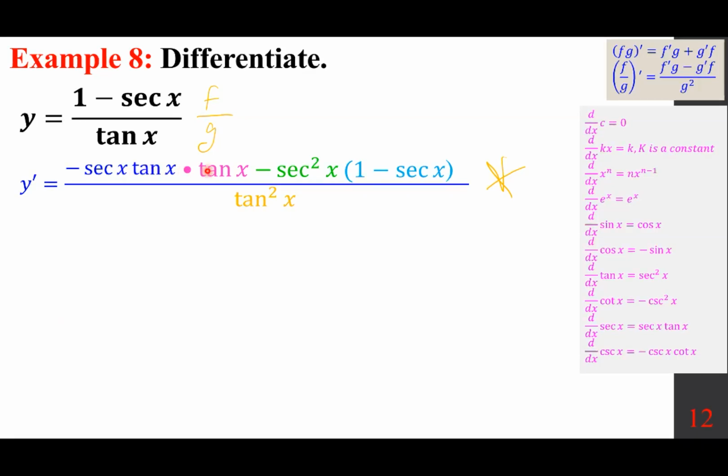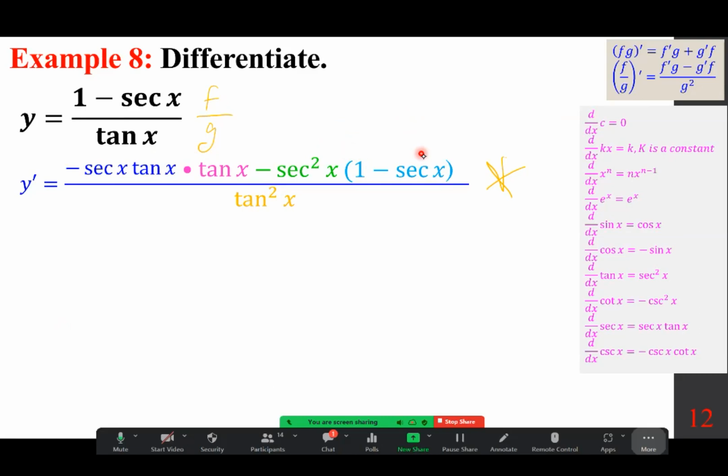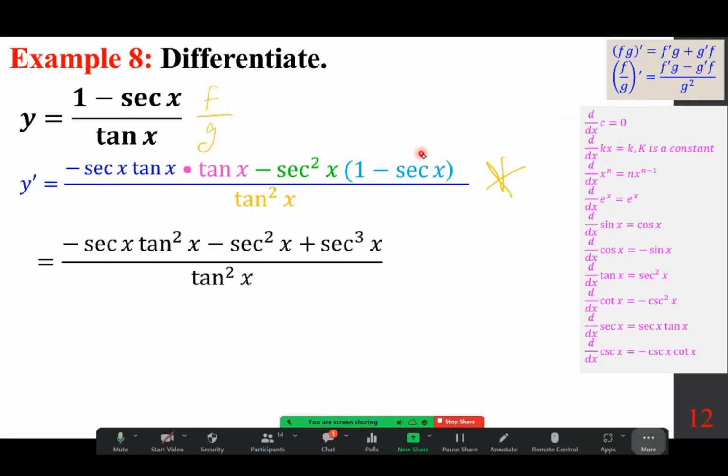So as you can see here, it's negative secant x tan squared. We are going to distribute, we get minus secant squared x. And over here, we get secant cubed. We don't touch the denominator. In the numerator, we can take either the secant out or minus secant. It's up to you, makes no difference. And so let's take the secant x out. So the first one gives us, in brackets, we have minus tan squared